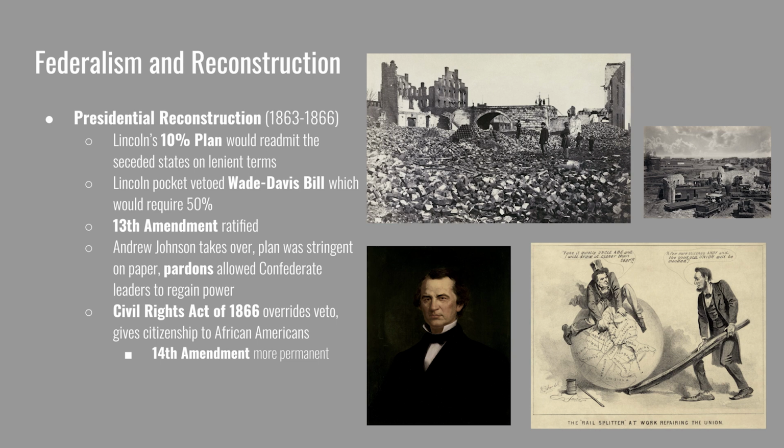His plan is similar to Lincoln's. He wants to try and be faithful to what Lincoln originally wanted, but he also ends up putting in more strict restrictions on paper. All of the Confederate officers, people who served in the Confederate Army, and anyone that had more than $20,000 worth of property in the South was automatically disenfranchised. That means that they lost the right to vote. However, he allowed exemptions to that provision through a presidential pardon.